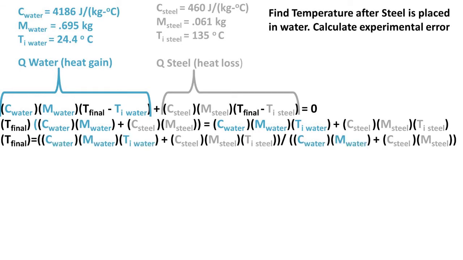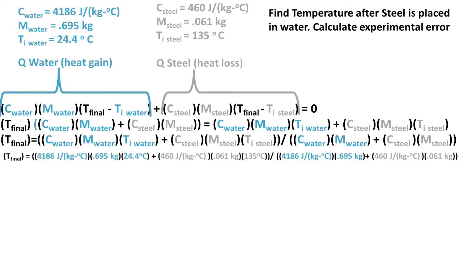Now, to get the final temperature by itself, we can divide both sides by the specific heat of water times the mass of water plus the specific heat of steel times the mass of steel. Now we can plug in all of our values. After pressing the enter key on our calculator, we get a theoretical final temperature of